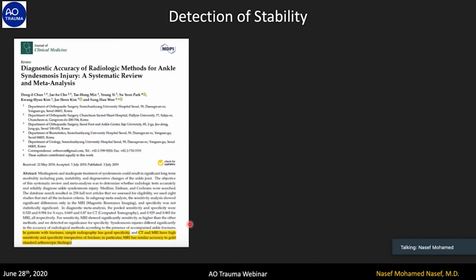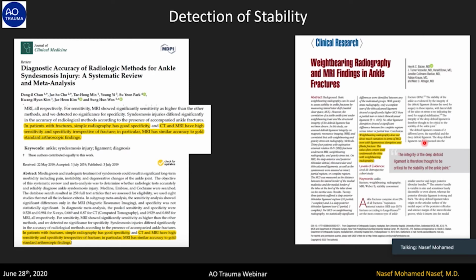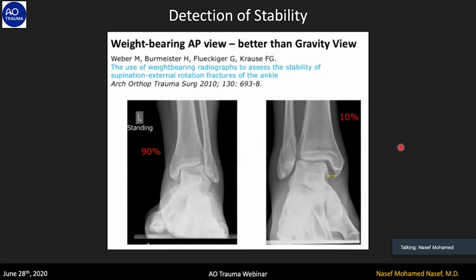So to detect this stability, there have been questions. Some people advocate that in fractures, simple radiography is enough. So not the CT and not the MRI, as probably Dr. Ahmed said, because the CT and an MRI would be more significant in ligamentous only injuries. Others stated, like Dr. Zahir, that the weight-bearing X-rays are not indicative of medial clear space widening, and they said that the talus often centers itself under the mortise, and so it is stable by nature. But actually, this was not true, because long ago, from 2010, it was defined that the weight-bearing X-ray,